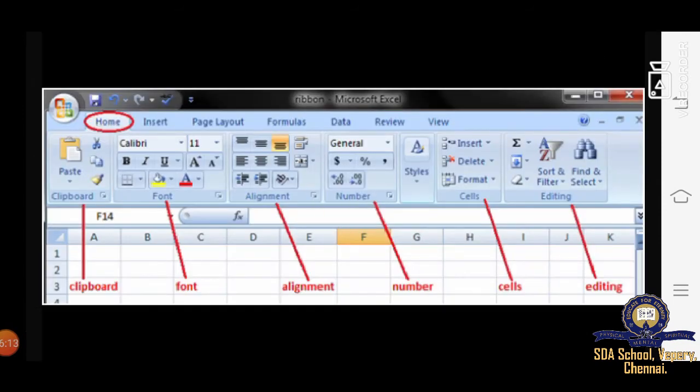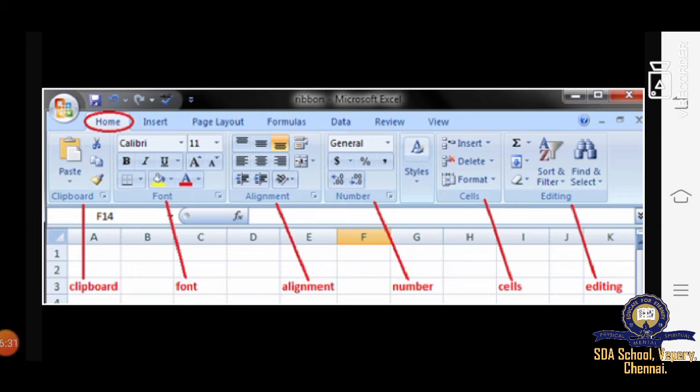You can see over here, this is called a ribbon. Home, you can see insert, page layout, formulas, data, review, view. This is MS Excel, children. This is the sheet of Microsoft Excel and this is called a ribbon.